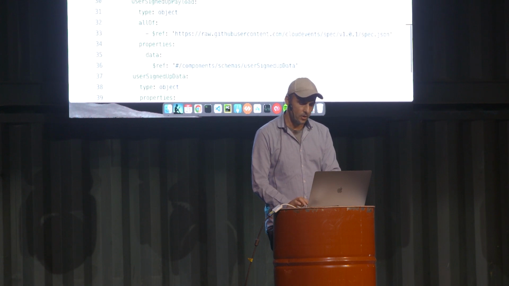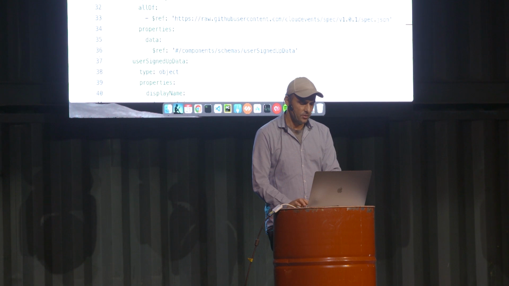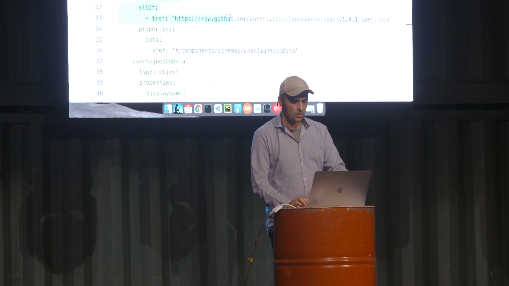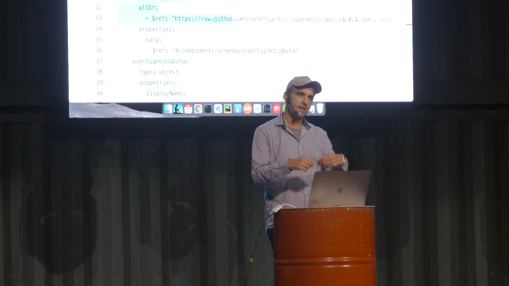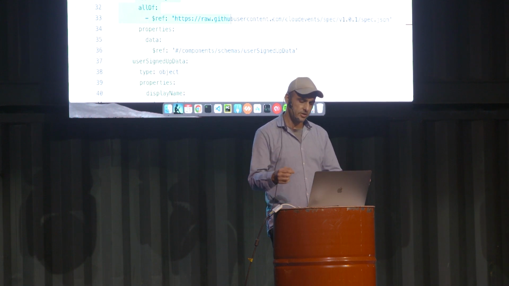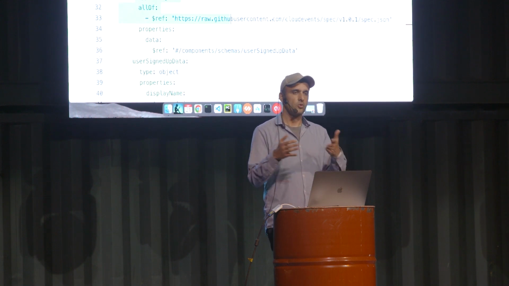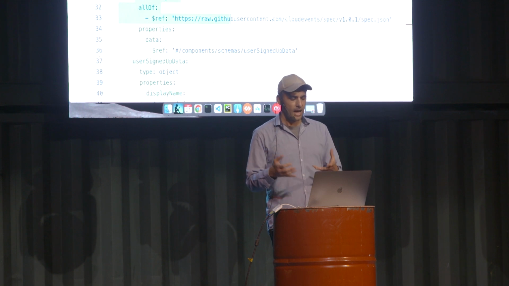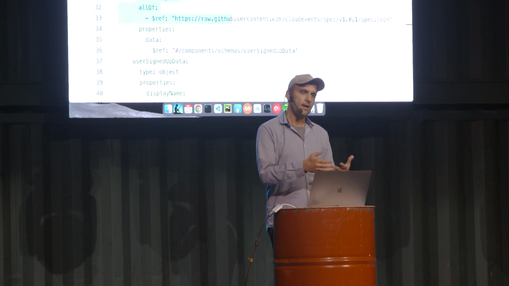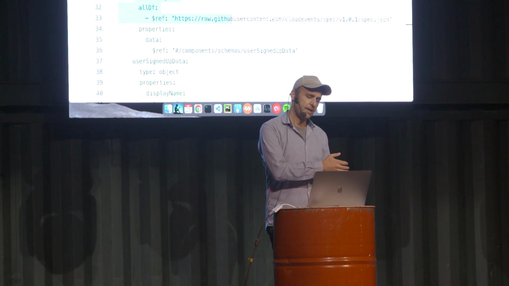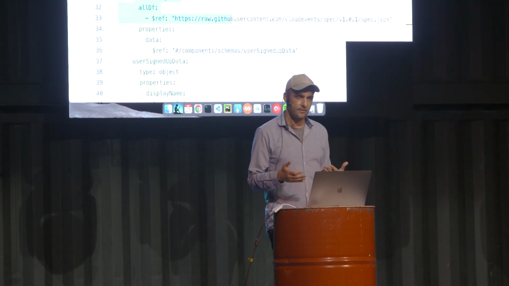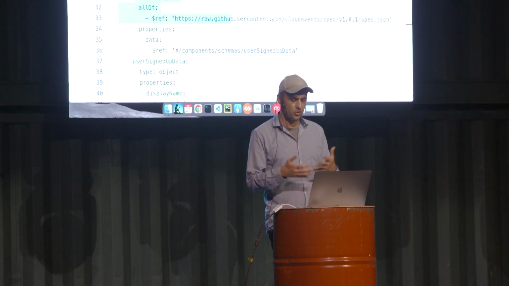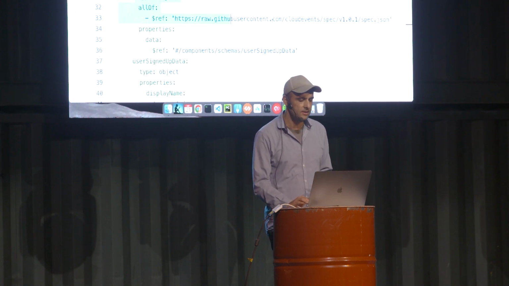And then if you look at the payload, I'm saying that one of the payloads is all of this. And all of this is a CloudEvent spec, right? And if you go to this link, you will see that this is the CloudEvent spec in JSON. So by just referring to my CloudEvent spec, now I can document this in AsyncAPI, and then you can look at it in AsyncAPI Studio, and you can see the CloudEvent and the format of that CloudEvent, right? So I think this is pretty cool and shows how extensible AsyncAPI is.